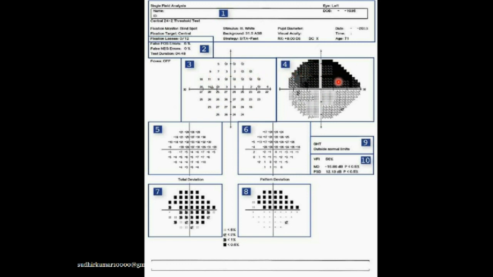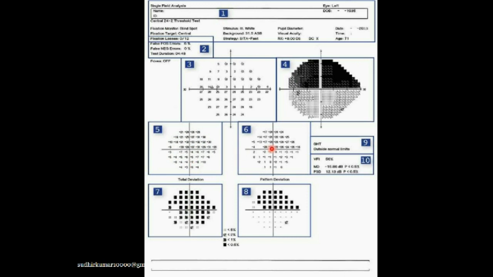We call it grayscale. Here you can see that this absolute data is compared with the normative data, that is, the population of normal people and their sensitivity. You can see that most of the points are negative. This means that the hill of vision of this person is smaller than that of normal people. And this is shown in grayscale again.